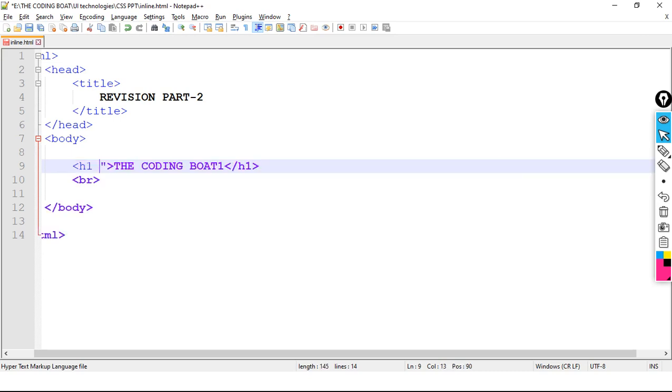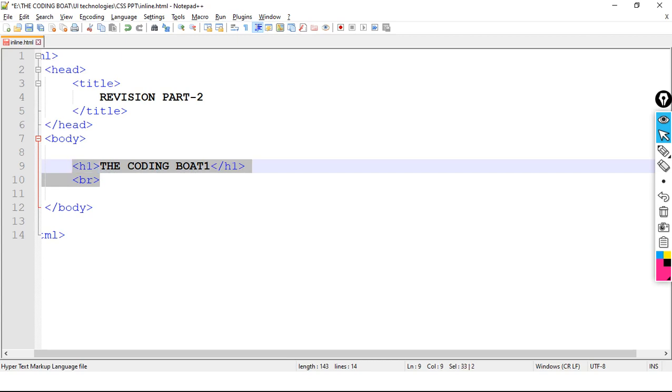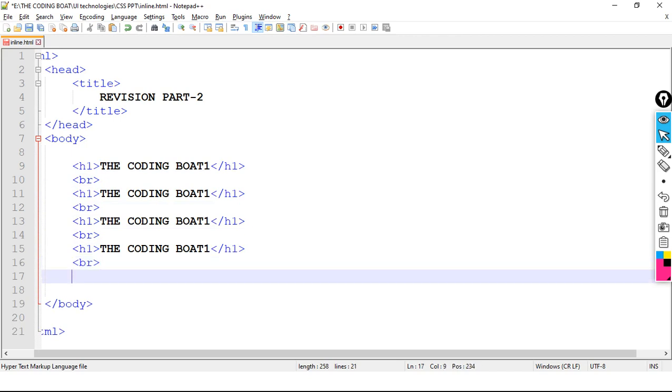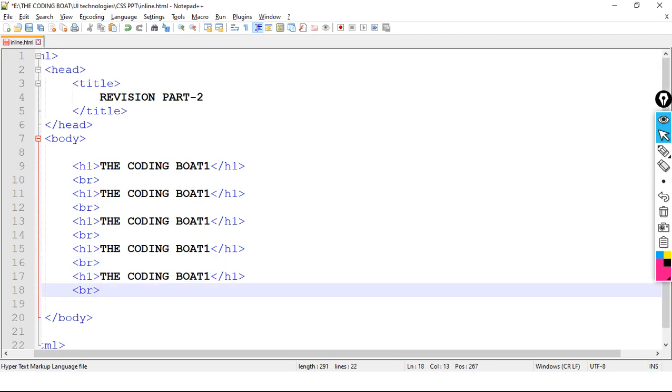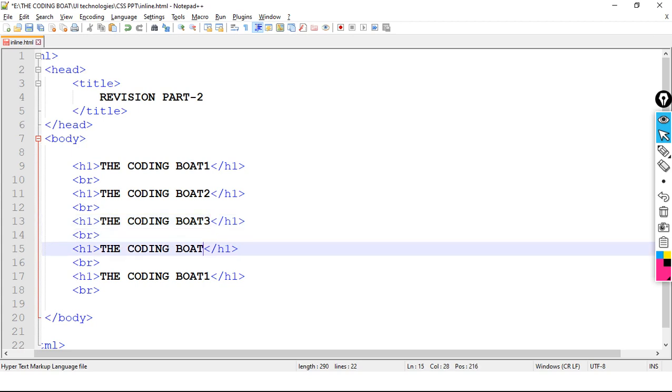Okay, the coding board, br. So how many coding boards are there? There are 1, 2, 3, and then we have 4, and finally we have 5.